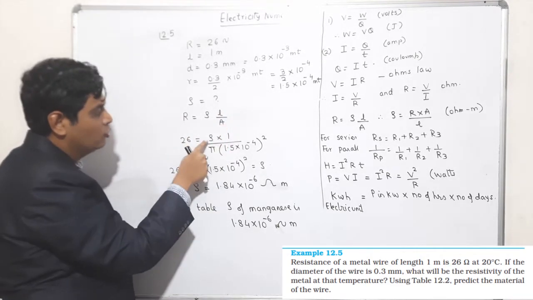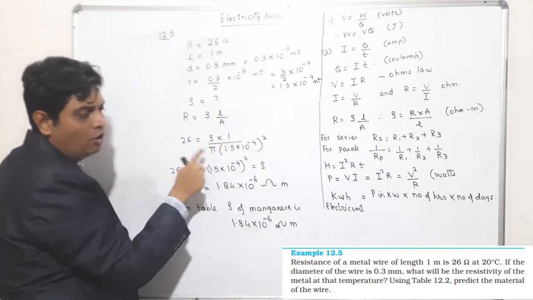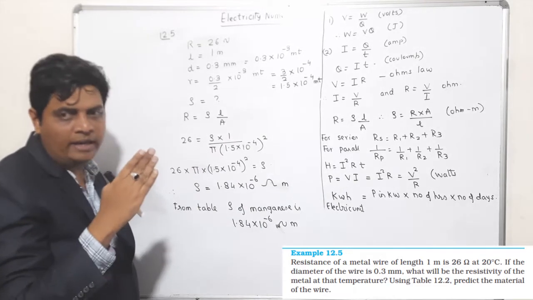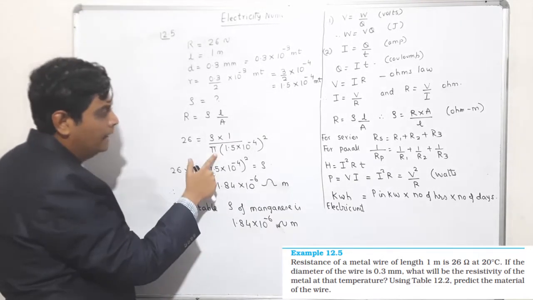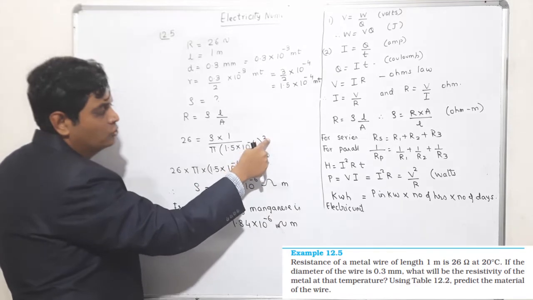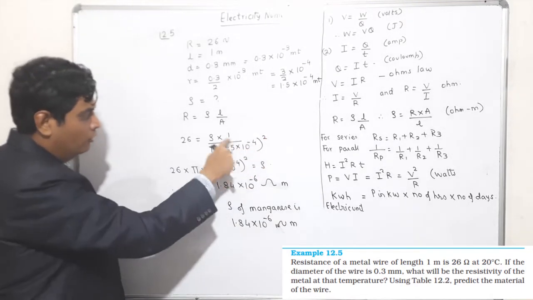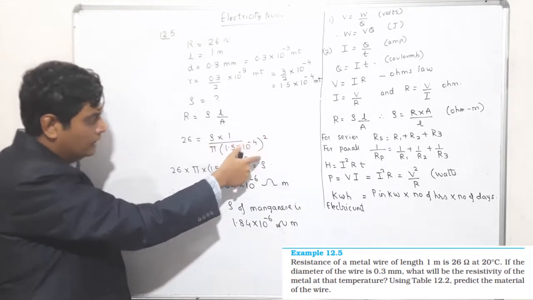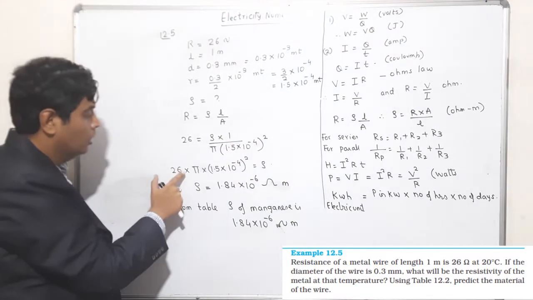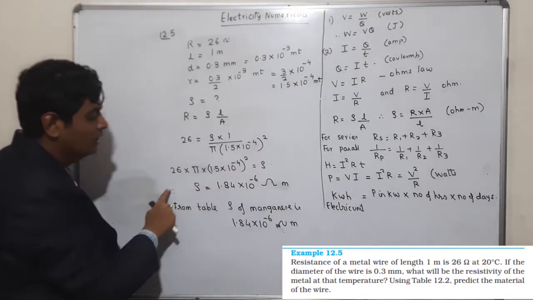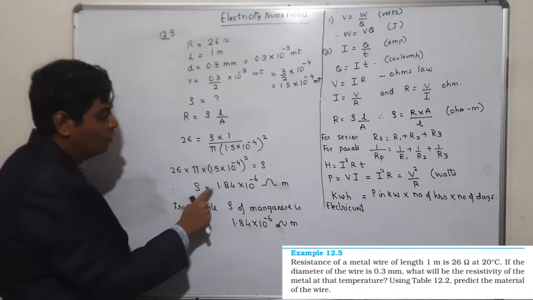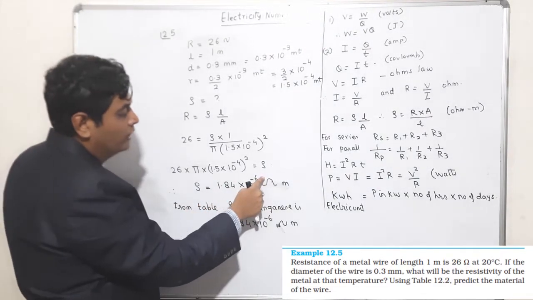R is 26, L is 1. The cross section is a circle, so A will be pi r square. So pi into 1.5 into 10 raised to minus 4, the whole square. To find the value of rho, this whole term comes on this side. After substituting the values, you will get the value of rho as 1.84 into 10 raised to minus